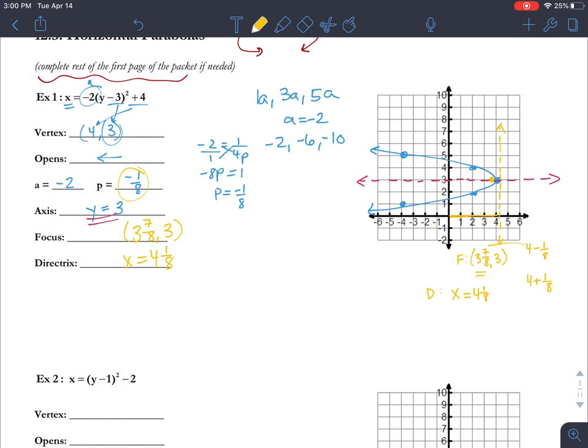So there you go. There's your first horizontal parabola. You might remember these from when we talked about if something was a function or not, and x equals y squared was a common example of not a function. But it is a conic. All right, in example 2,